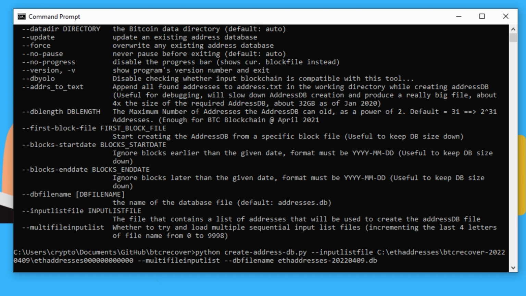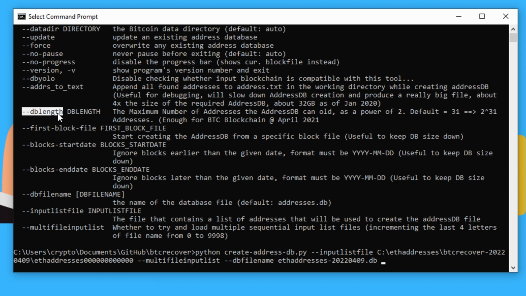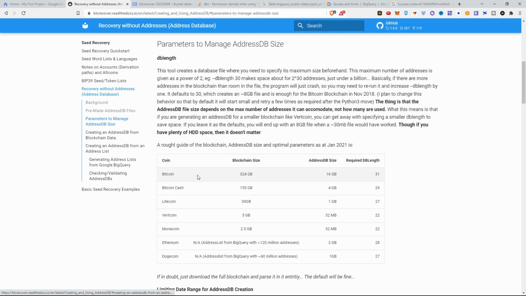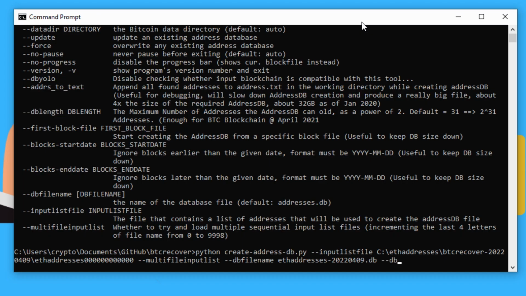The last parameter that I'm going to talk about is this DB length. This tells the address database how much space it needs to allow in there. If we go back to the documentation, I have the parameters to manage the address DB size here. As it stands right now for Ethereum, the required DB length is 28. Last I checked, it was about 120 million, and that should work. So we'll go back here and say DB length